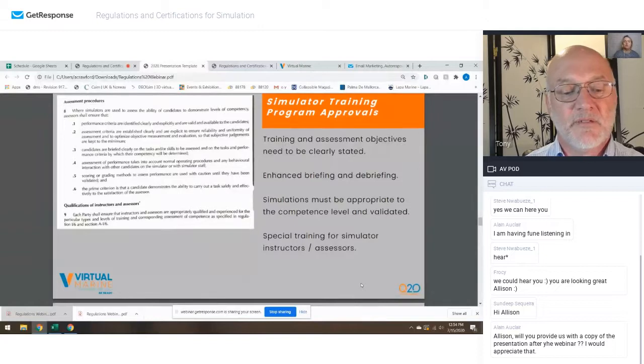Okay, I'm going to skip ahead. I'm losing a little bit of time here, but this one just shows the procedures if you're structuring assessments. The other one before the citation was, if you're going to do training using a simulator, here's how you have to structure the training program. And this one is about if you're going to do an assessment using a simulator, here's how you have to structure the assessment program. We'll keep going down.